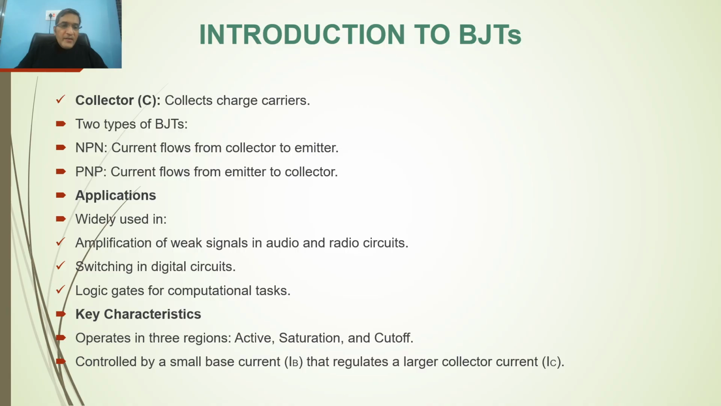As its name indicates, in an NPN transistor, the current flows from collector to emitter. This is the direction of flow. In a PNP transistor, current flows from emitter to collector. And this is a very important point. By seeing the direction of the current, we decide whether this is PNP or NPN. As I told in my earlier slides, if the emitter current moves towards the inside, it